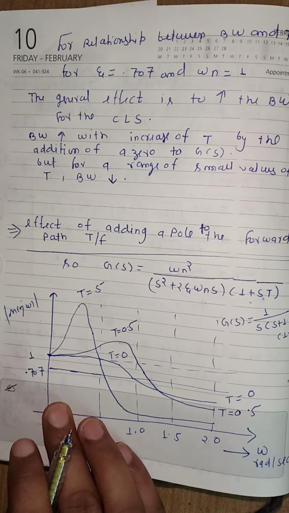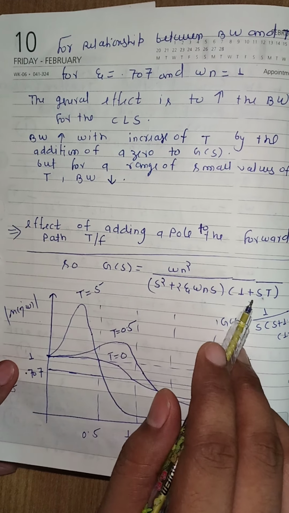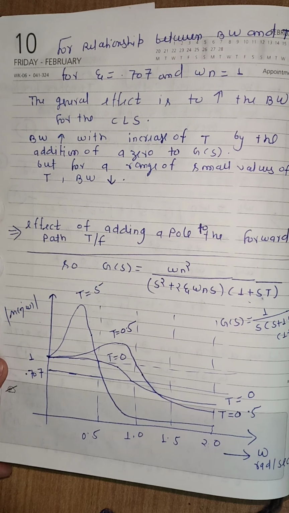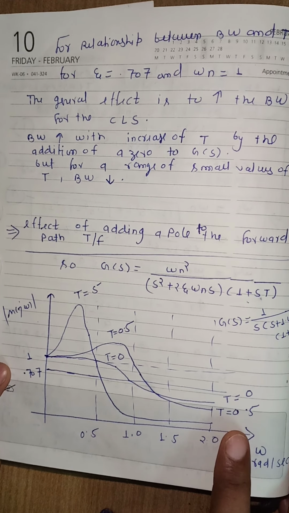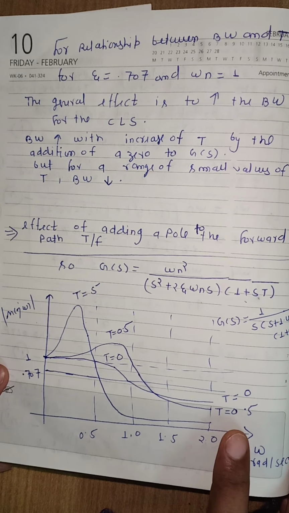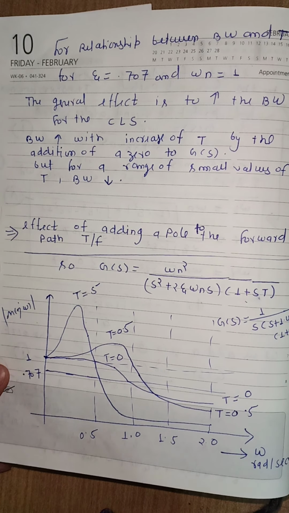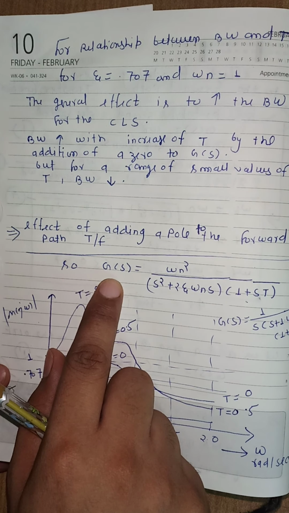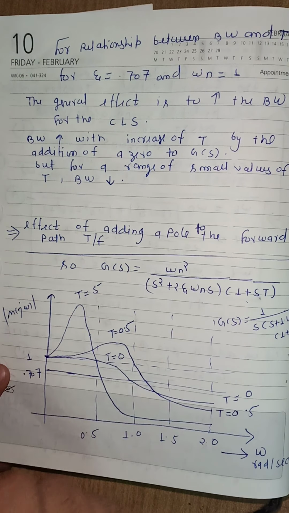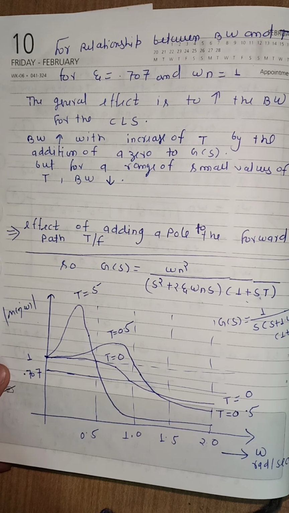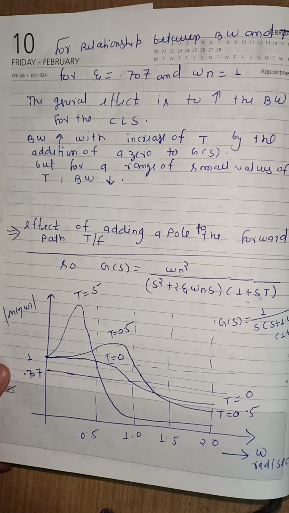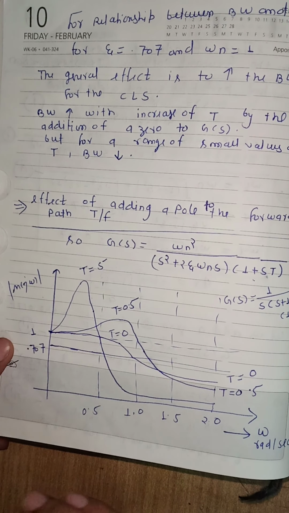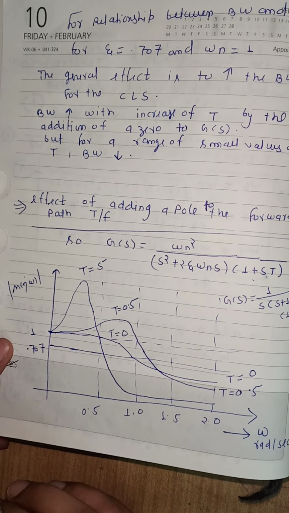If we see the open loop transfer function or modified open loop transfer function, we can say derivation of bandwidth for the closed loop system with given G(s) is quite difficult. That's why here we will see the effect on bandwidth according to the diagram. And how can we define the bandwidth for the system?